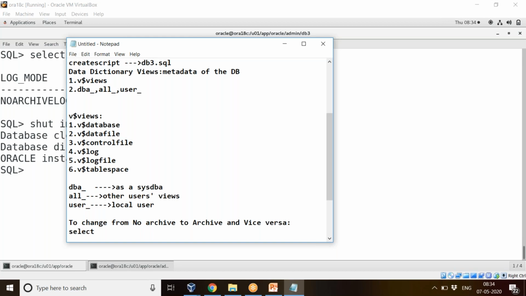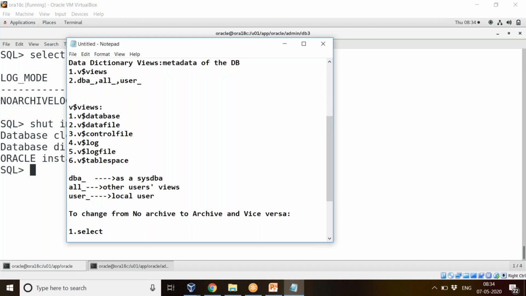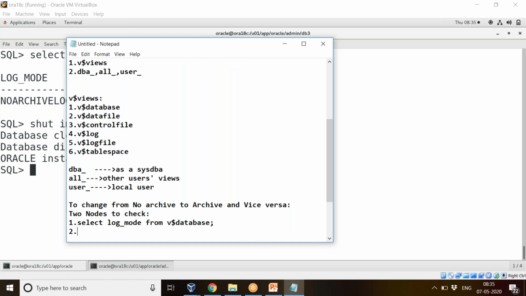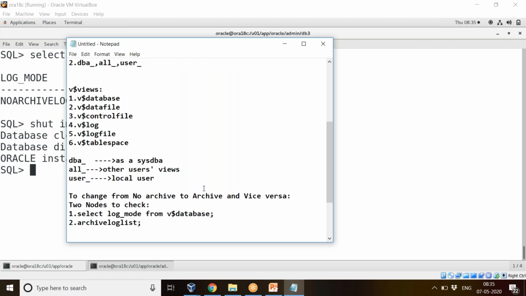you can check using 2 modes to check the archive. So select log_mode from $v database. Second one, you can check archive log list. So two methods are there to check.